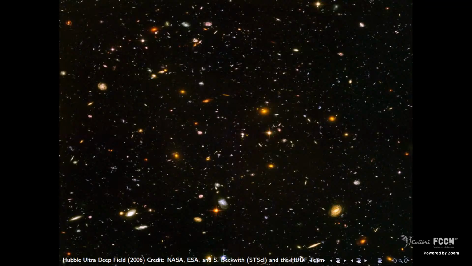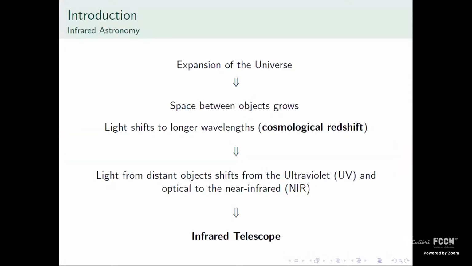But why is it the farthest we can get? It's because Einstein's theory of gravitation tells us that the universe is expanding. And so light is actually being stretched out and shifted to a longer wavelength. So when we are observing distant objects, we're not actually seeing their visible light. We're seeing their visible or ultraviolet light shifted into infrared wavelengths. And that's the true reason why we need infrared telescopes.